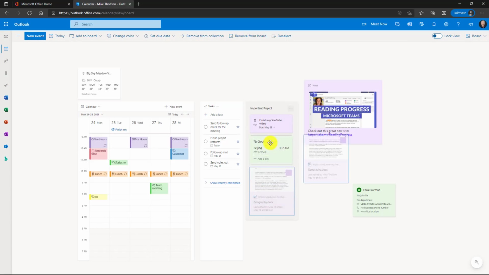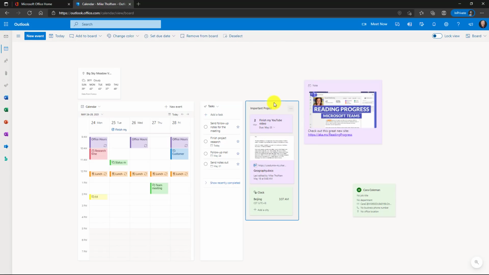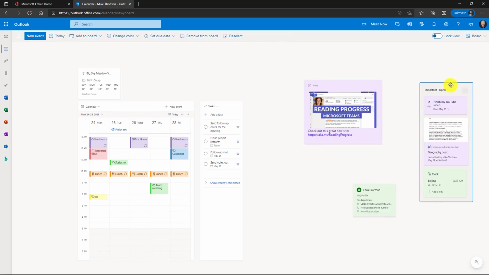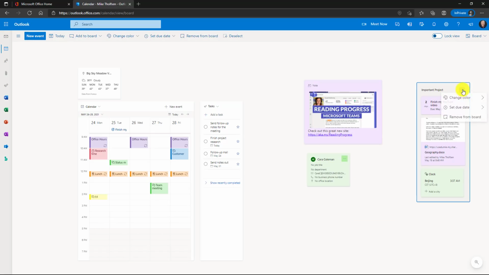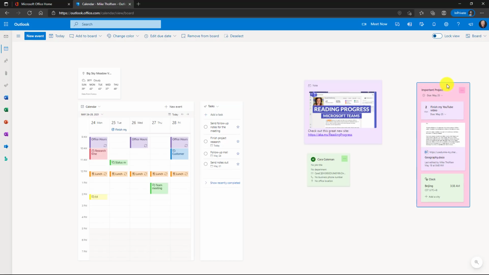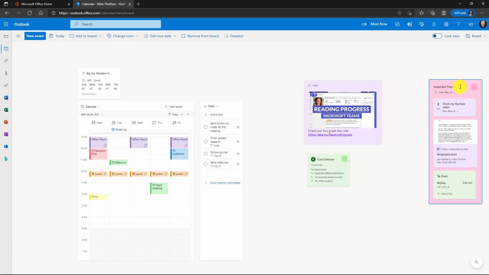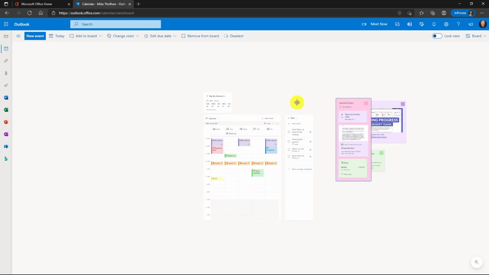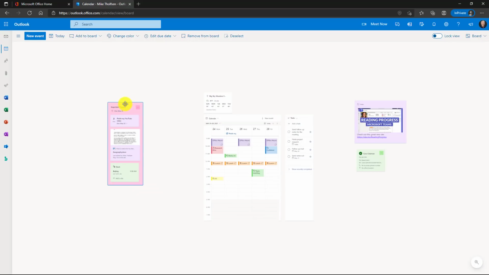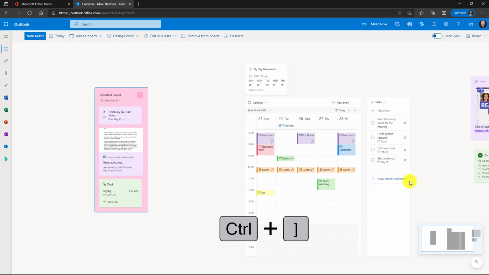And notice how you can organize different things, so I can change the order. Now what collections are nice for is it lets you put them anywhere you want, and they have to be vertical. So I'll move these over here, and I'm going to make my collection, again, a certain color. Nice pink. Now this collection can be put wherever I want. And maybe if I zoom out by doing Control left bracket a little bit, maybe I want to move my collection way over here on the other side so it's not with my calendar or my notes and other things that are on the board. And you can zoom back in with the control right bracket.